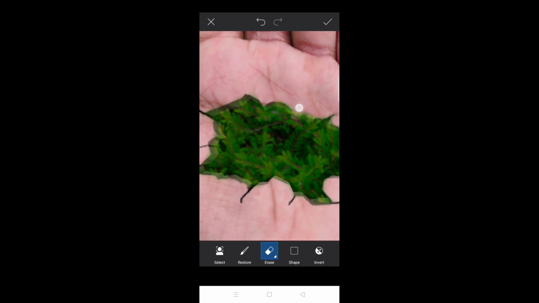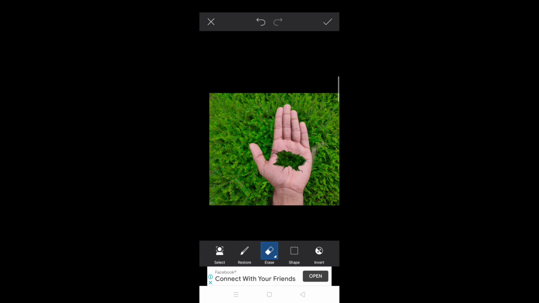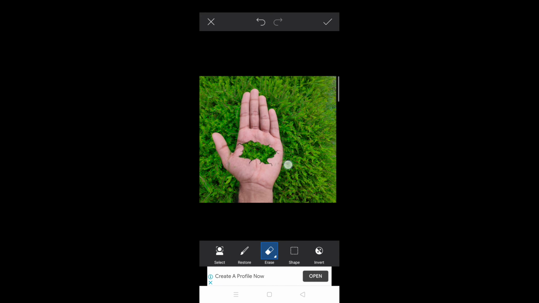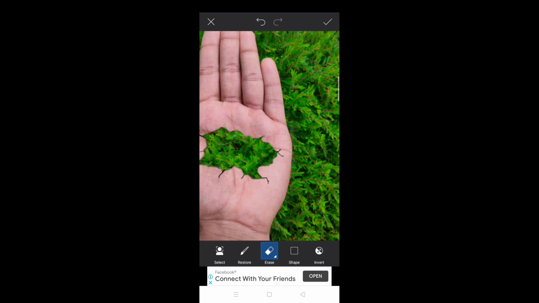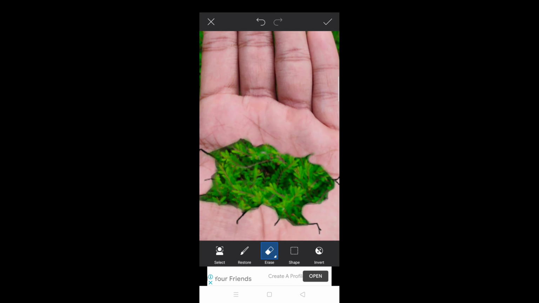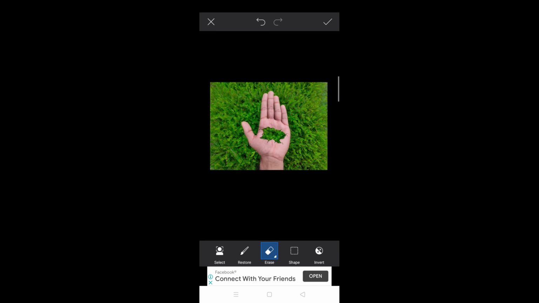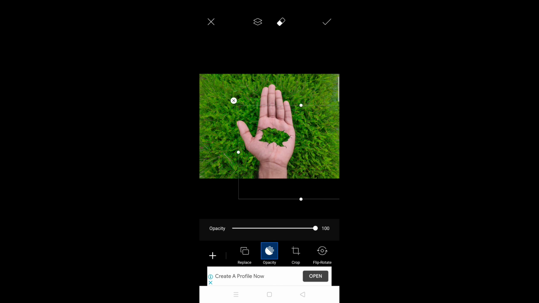And finally, after erasing it, it looks like this. Okay, so this is the main. After erasing everything from the sides, this is what we are left with. So you can increase the opacity back, make it back to normal, and if there's any extra things, you can just erase it off. And finally it looks like this. Okay, so you can see if any extra parts are there, you can just erase it, and then the picture looks like this. Okay, so now the picture is like this.